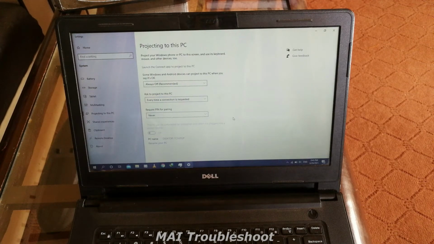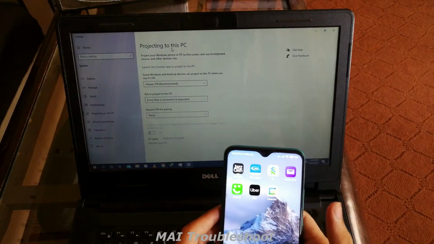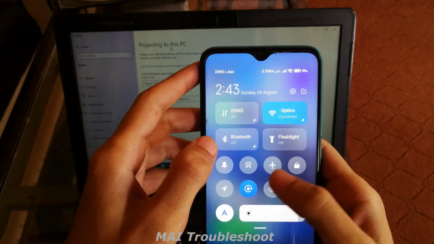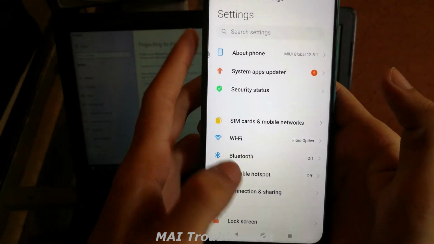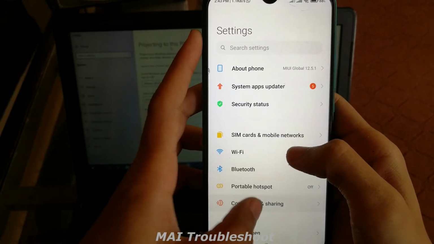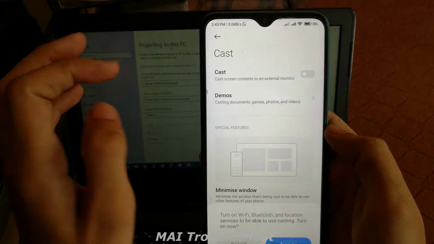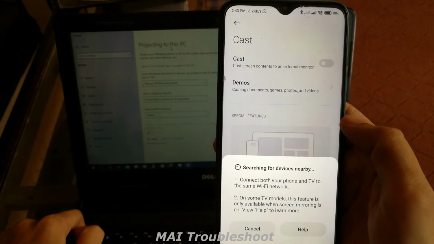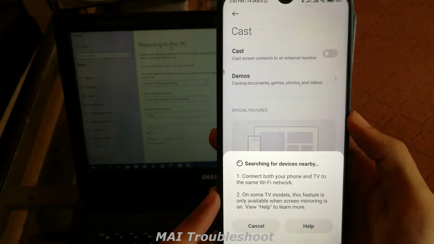Now let's go to mobile. Make sure Wi-Fi is on the same network. Now let's go to settings, connection and sharing. Now cast. These options depend on your system. In Samsung it says something like share or similar. So now wait for it to connect